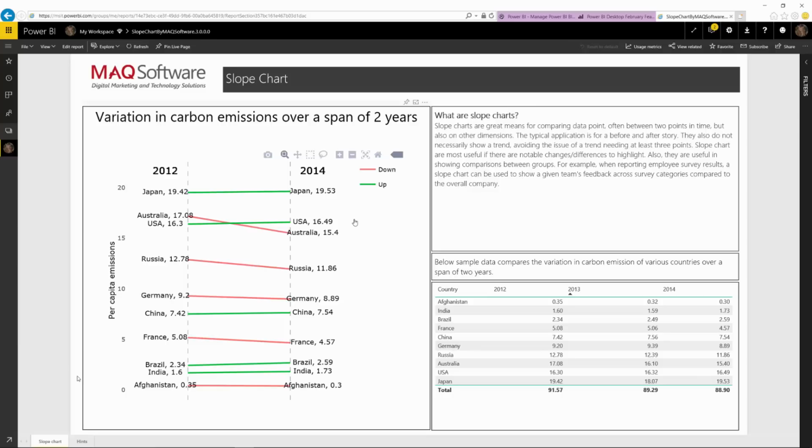Important thing to note is because it has only two points, it's a slope, it's not a trend. You need more than that to be able to show a true trend, but it makes it really easy to focus in on comparing previous and next values, which could be interesting for surveys. If you send out a product survey and you're comparing last year's results to this year's, it's a nice little